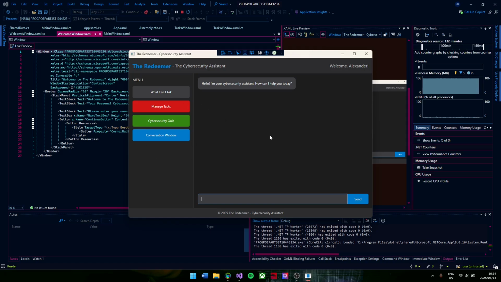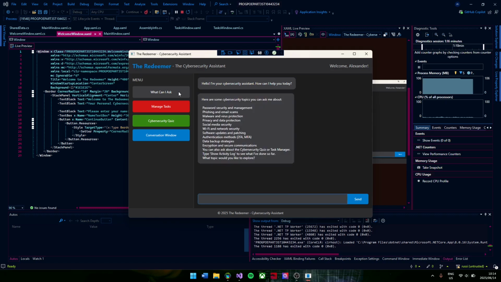So, when a user is here, they'll obviously click what can I ask, or it can also be typed out, and the chatbot will respond with a list of topics that you can type out. Also, you can ask about the cybersecurity quiz or task manager. Type show activity log to see what I've done so far, and then obviously what topic would you like to explore. So if we just type data backup,